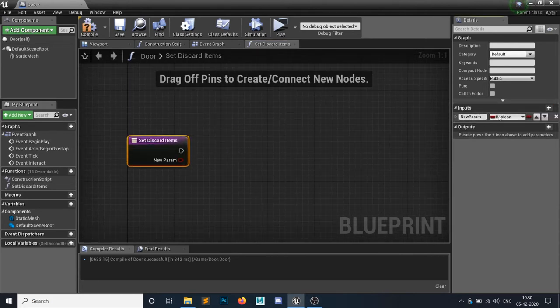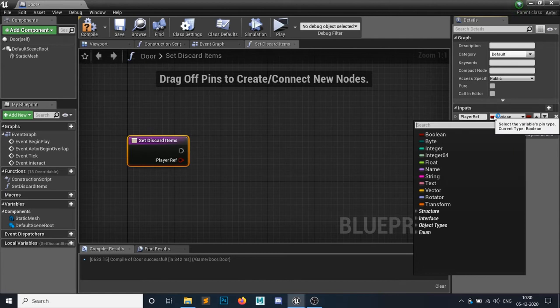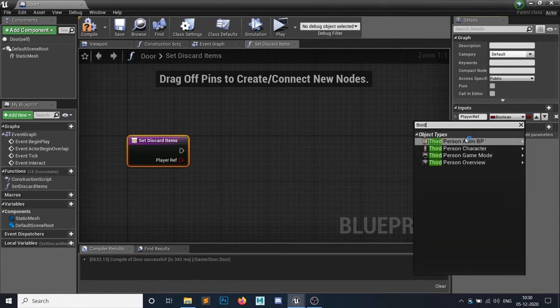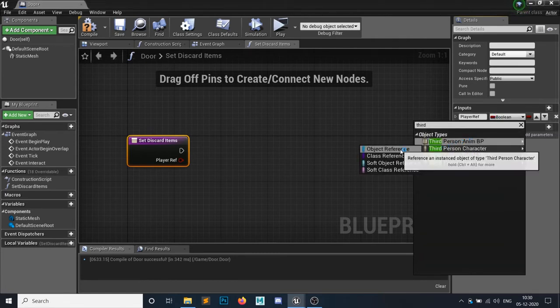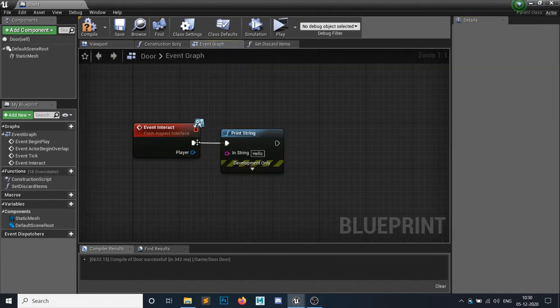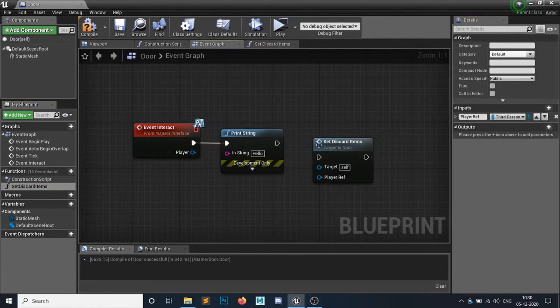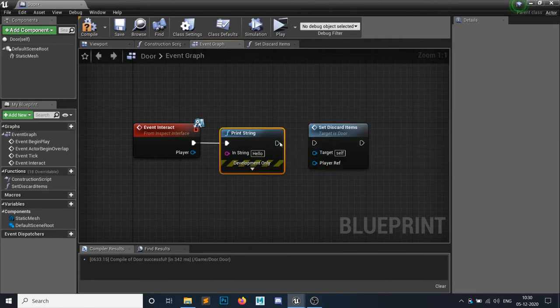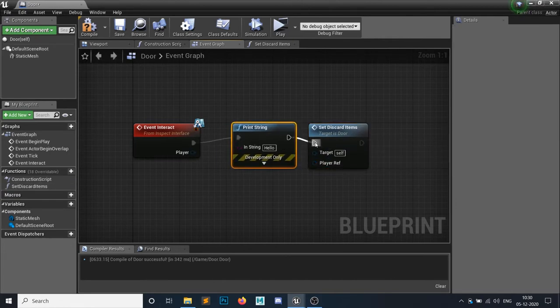I'm going to call it player reference, and this would be of type third person character object reference. The reason is we simply pass this guy in here. So I will simply call out this function called can discard items, and pass this variable because this variable is also a third person character reference.